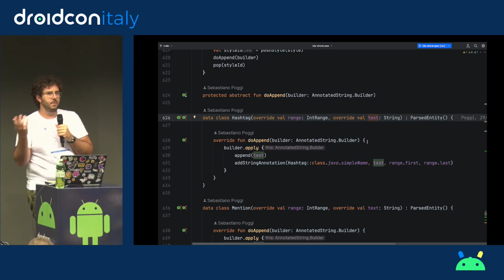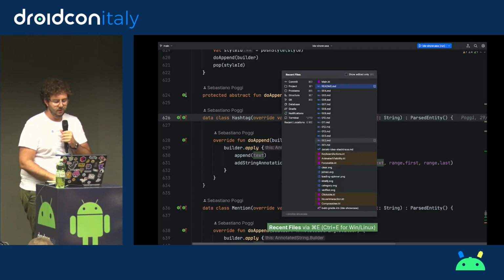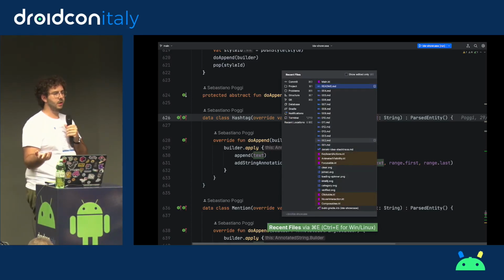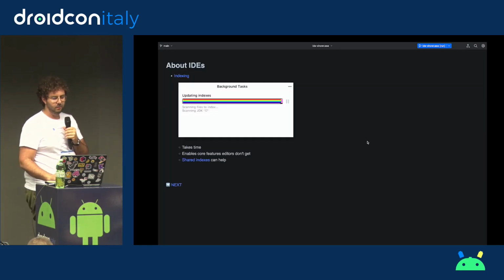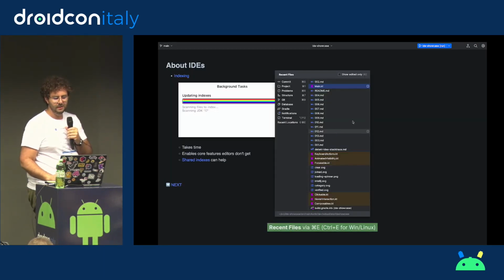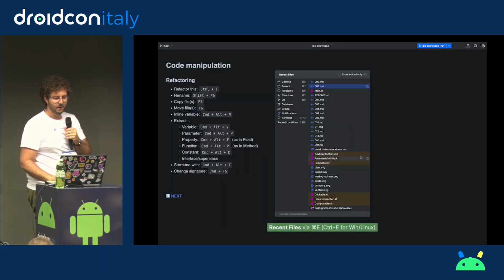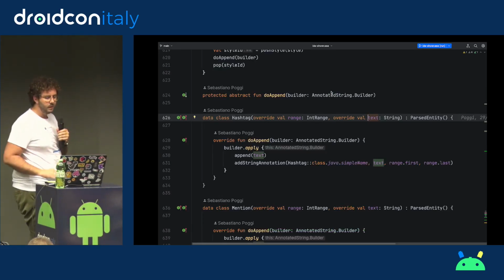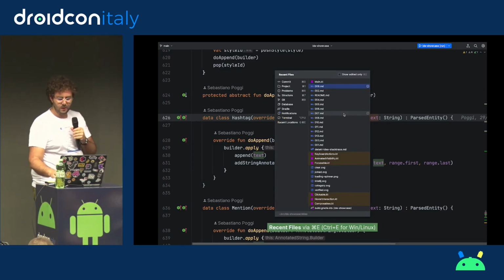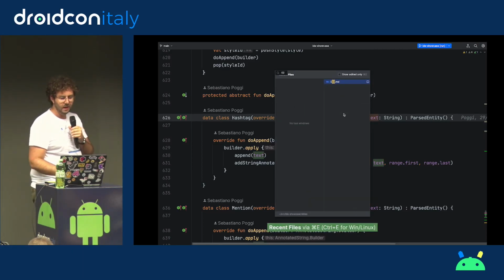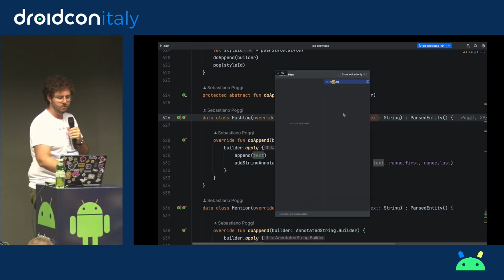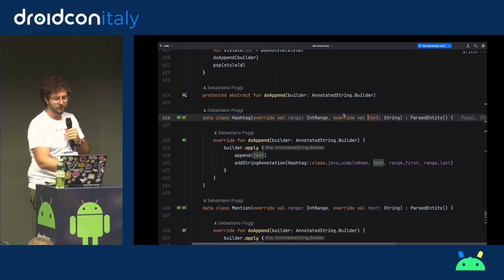If you want to do the same with files, because I'm going to be in a single file, but maybe you have like a dozen files and you're moving back and forth, there's also recent files, which is the same shortcut without the shift. And that will give you the list of all the files that you've opened recently, including the slides that I am not going to be using. And here as well, you can start typing stuff and it will filter down. So it's super easy and super fast to move around.